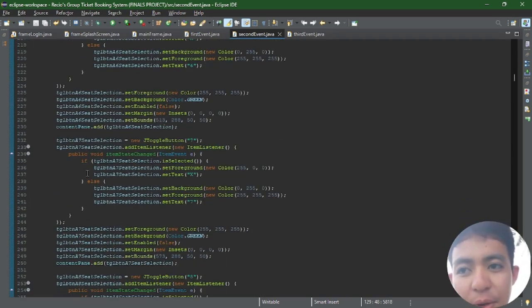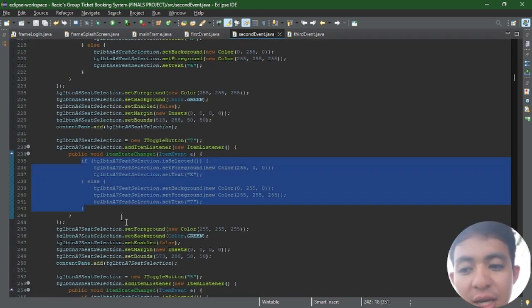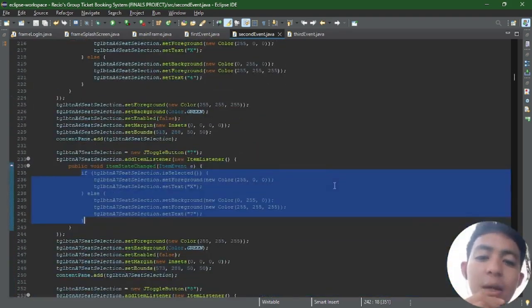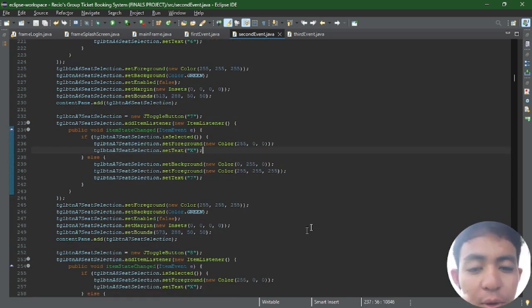So after the toggle button has been pushed, it will turn X, indicating that the button has been selected. When pushed again, it will be unselected, and all the names of the buttons will be out of the JTable components.